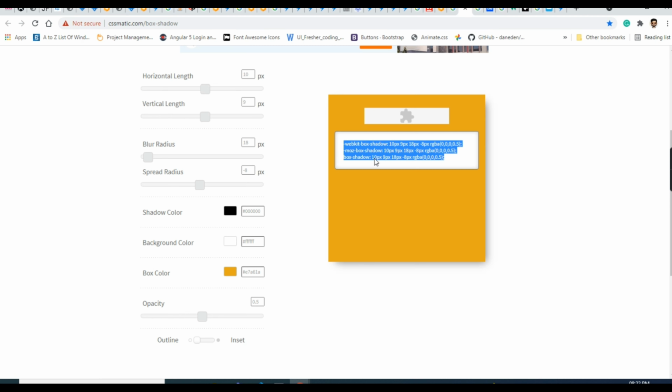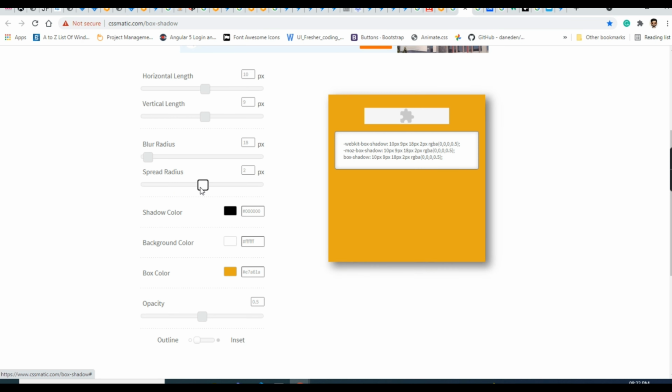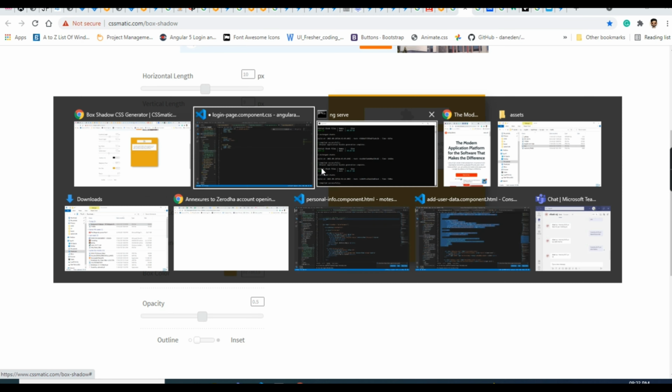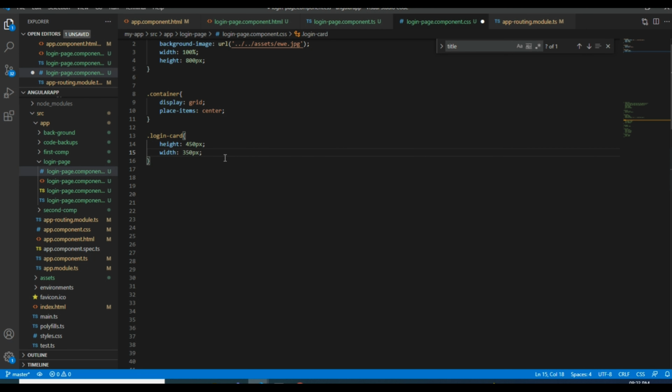I have already mentioned in my previous videos to please use cssmatic.com. You will get shadows there. There is a preview for shadows also. You can control how much radius you want and how much spread. Everything is visible in the preview option to check.